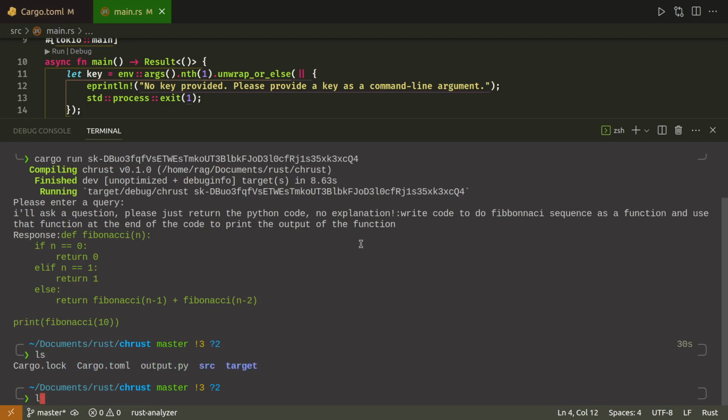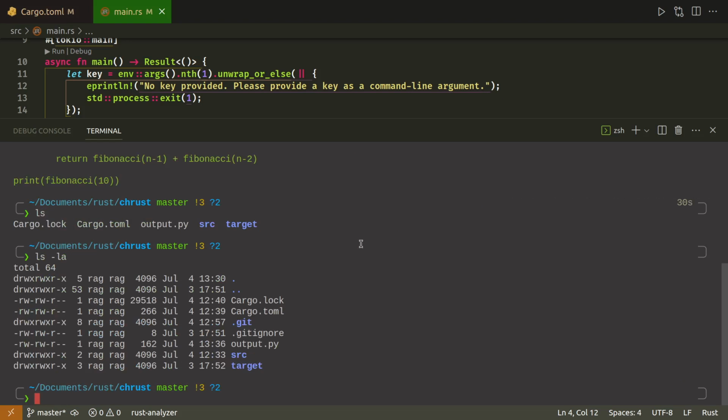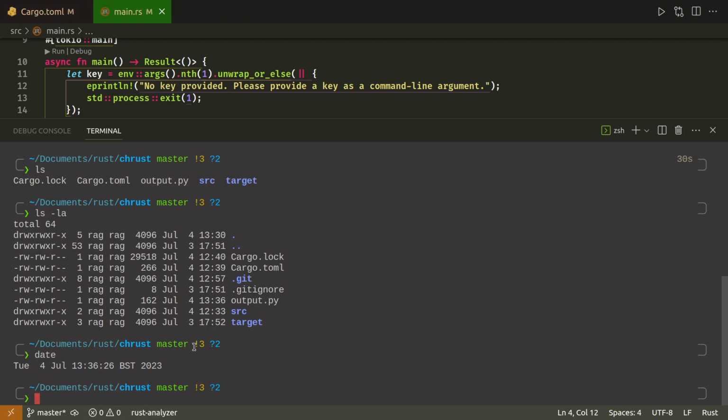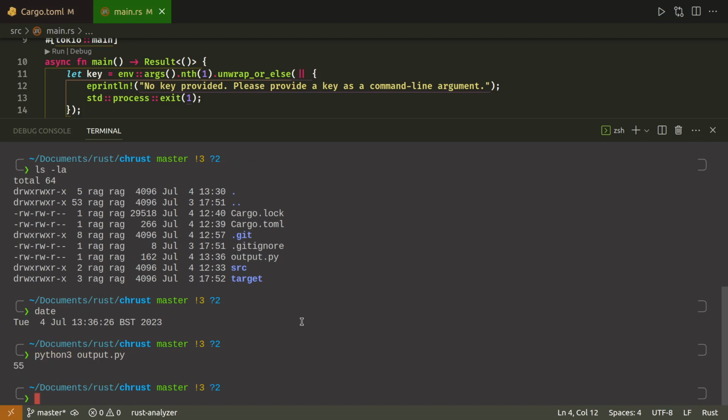And I've got a new file there. So if we do ls -l, we can see we've got a new file, and the time is 13:36, and we see we've got a new file there, 13:36. Just to prove I'm not cheating. There you go. So if we run that now with Python,